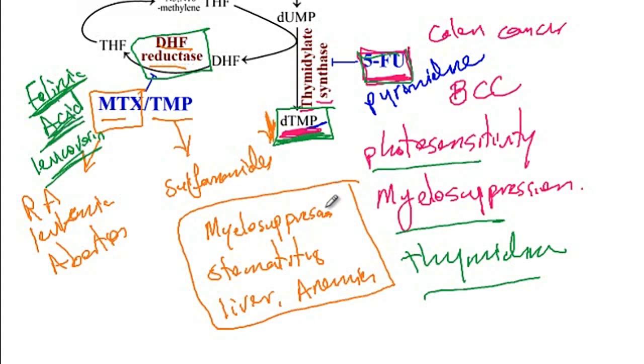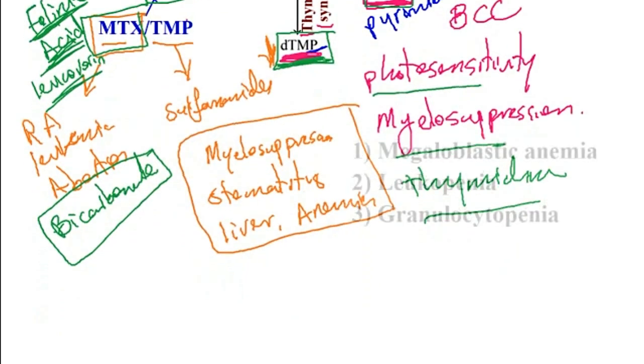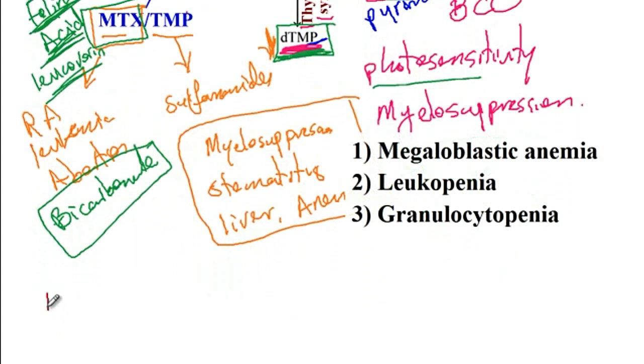reverse the toxic effects. Now, however, if you have a patient that has an overdose of methotrexate and you have to get rid of the drug inside the body, then you can provide them with bicarbonate. And the reason is that methotrexate is a weak acid, so once you give bicarbonate, it will help methotrexate get eliminated in the urine. And then side effects of trimethoprim include anemia,